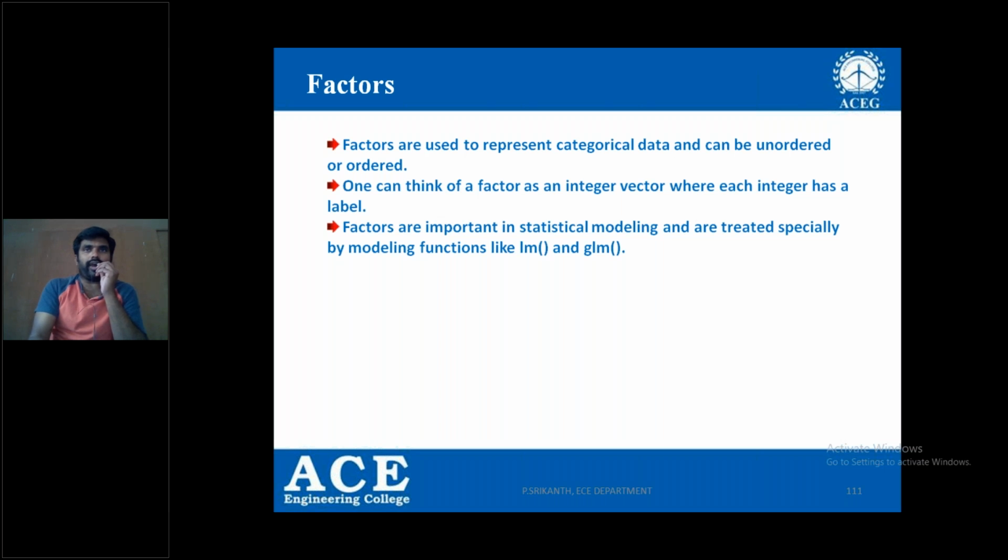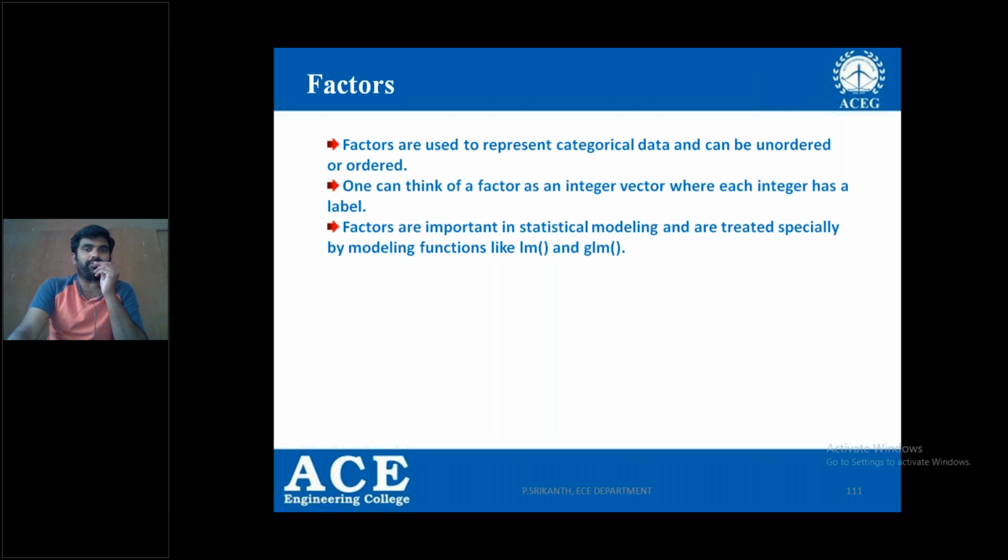I may not get roll numbers 1 to 20 with 5 marks, or 21 to 40 with 10 marks. I cannot expect it in that way, right? That may be ordered or unordered categorical data. And one can think of a factor as an integer vector where each integer has a label. I'll show the example here.